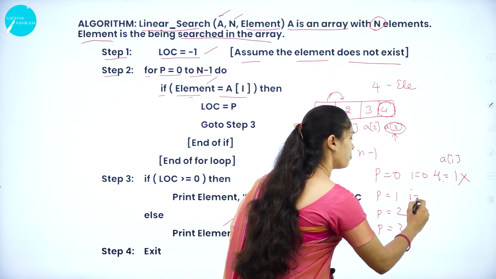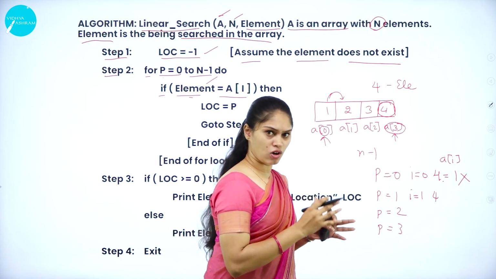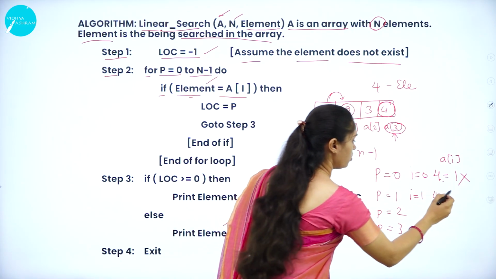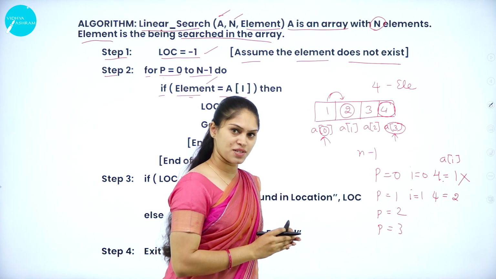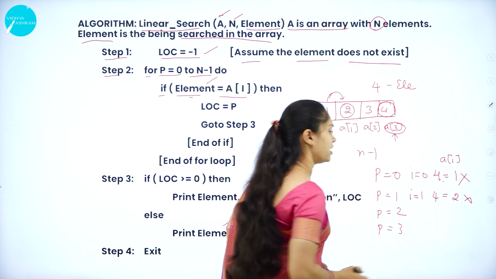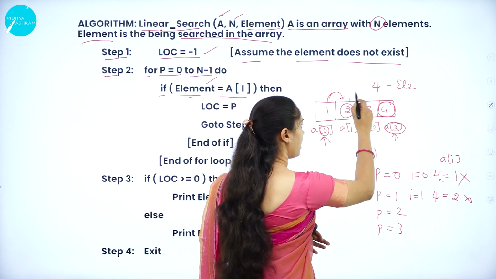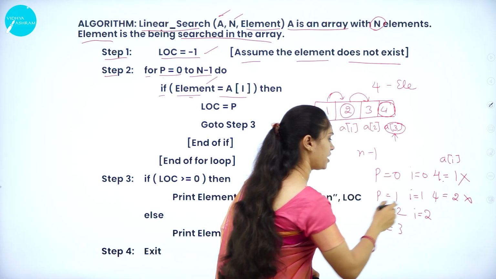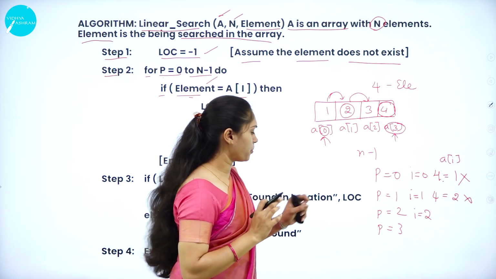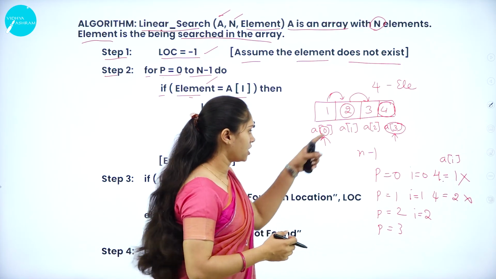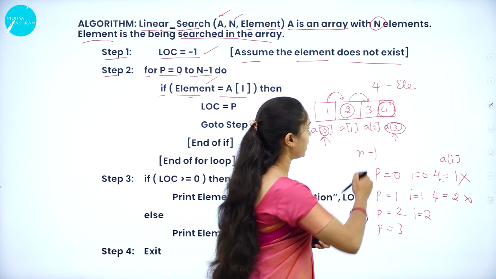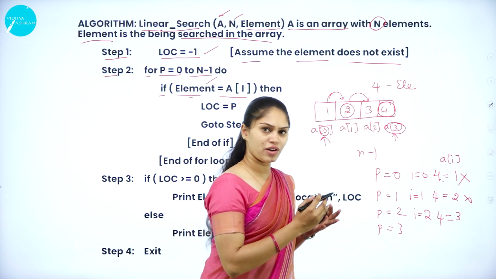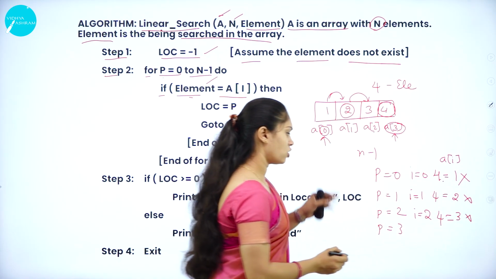In this case I becomes 1, and the searching element is always 4. What's there in A of 1? There we have 2. Is 4 equal to 2? No, right? So this becomes false. Again it will move to the next element and check it again. In the third iteration, the index will be 2. In the second position, what's there in A of 2? That is 3. I am searching for the element 4. Is 4 equal to 3? No. Then this also becomes false.